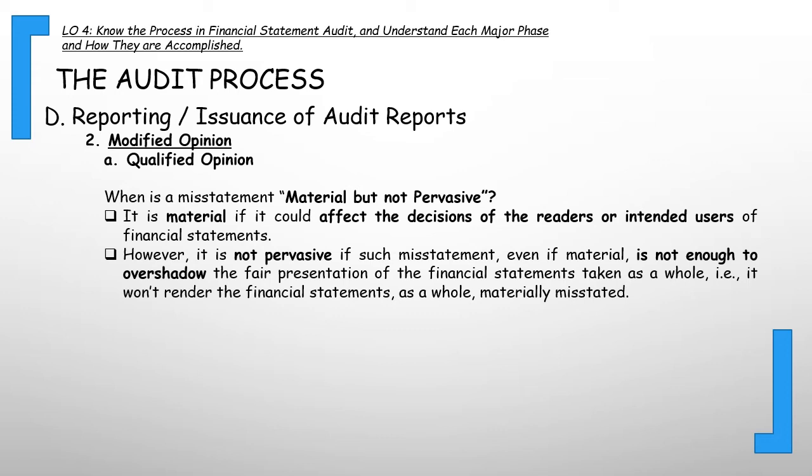So assume lang natin. So bali yung cash is overstated and the accounts receivable is understated. Okay? So, let's say the amount involved a big amount and assume also that it affects more than 5%. And our audit clients is listed companies. So, it affects more than 5% of the total cash and cash equivalents. So, ito yung sinasabi nating related account. Kung sa yung classification natin sa statement of financial position is cash and cash equivalents. So, tapos may understatement dun sa cash in bank.